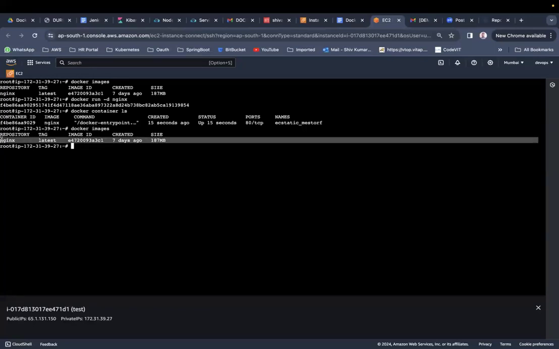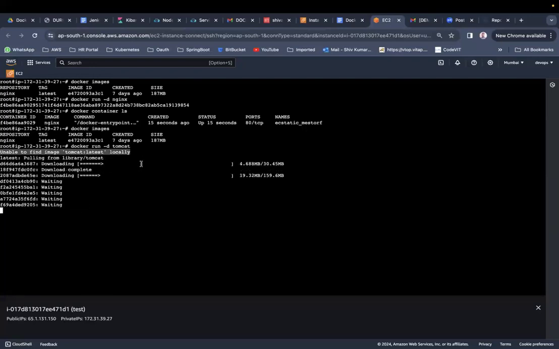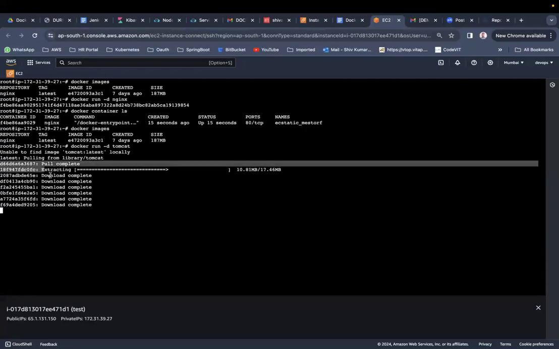The Tomcat image is not present on my Docker host, but I want to run it. How to run? Okay, docker run -d, and I am giving tomcat. So you can see "unable to find the image locally." If the image is not found locally, on the Docker host, it will download the image from